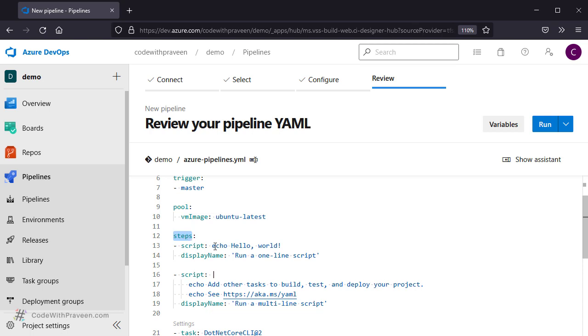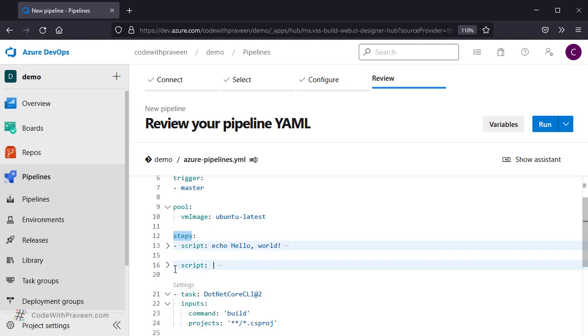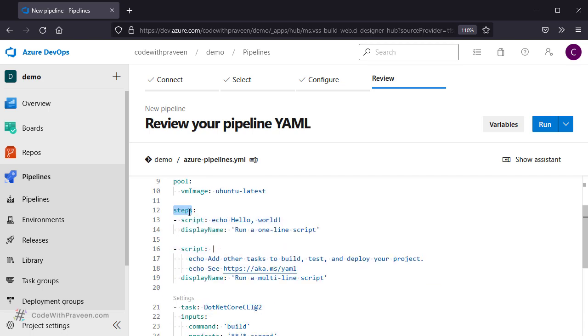Next, when you go to the steps, this shows the list of all steps that need to be triggered one after the other when you trigger this build pipeline. By default, it has got a set of key value pairs that is going to be a collection. Notice that each collection has been represented using a dash. So this shows that for the steps, it has got two entries. This represents the first and this represents the second entry. In the first entry, you have again a mapping that contains two key value pairs, namely script and display name.